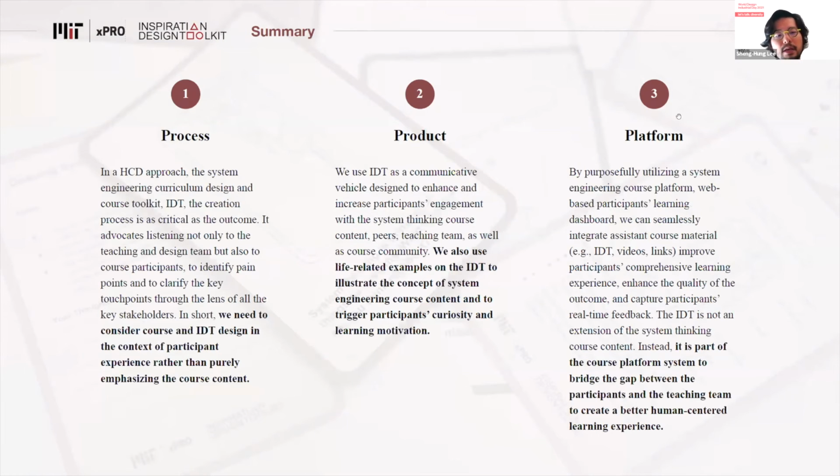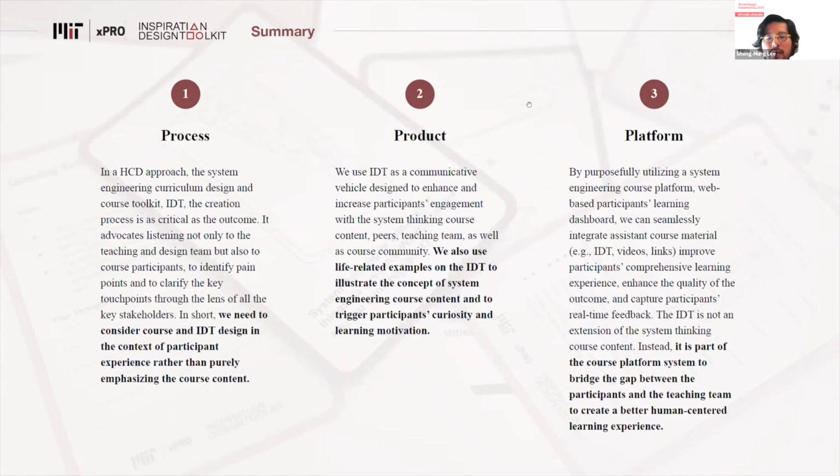The summary is that we use 3 keywords: process, product, and platform. We definitely need to think about this in the context of user experience, like how participants go through their learning process online. For the product side, we want to use more life relevant examples for this toolkit and try to trigger participants' curiosity and learning motivation.